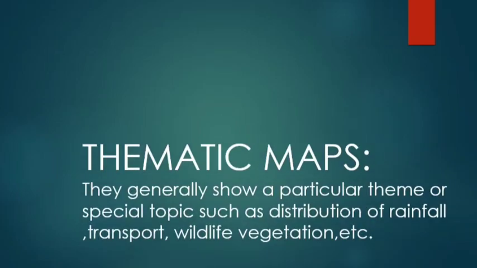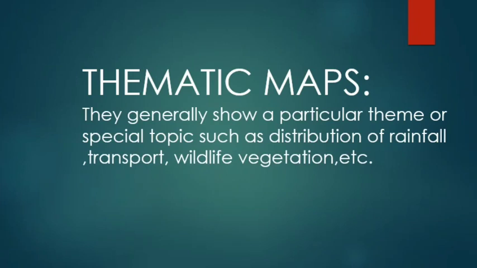Thematic maps. The name itself says it is following a theme. It is a type of map specially designed to show some particular theme or specific information. For example, road maps. First, we discussed the uses of maps. If you have a Hyderabad road map, you can use it and reach faster. So that type of map, a road map, is a thematic map because here specific information is given. What is the information about? Roads.